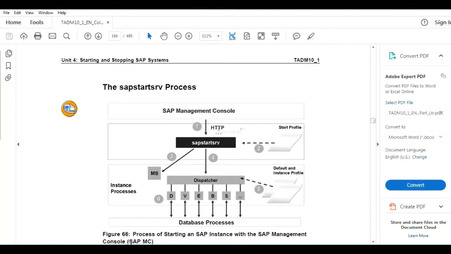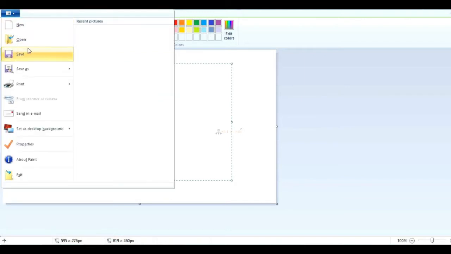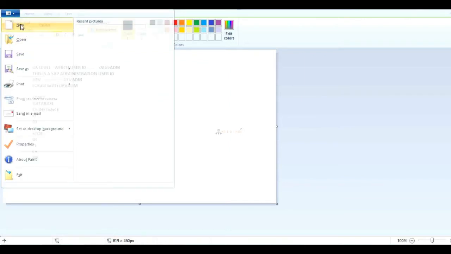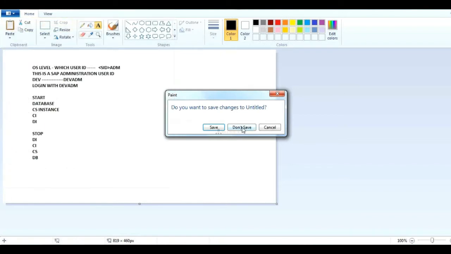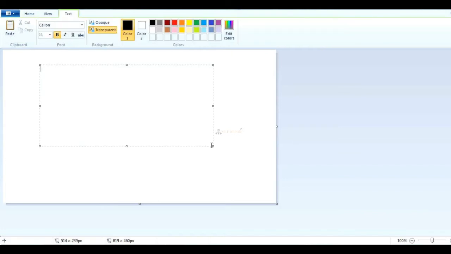We have profiles, right? SAP profiles we have at OS level. Do you know what profiles there are? Did we talk about the profiles? No. Okay. So SAP related profiles will be stored at OS level.